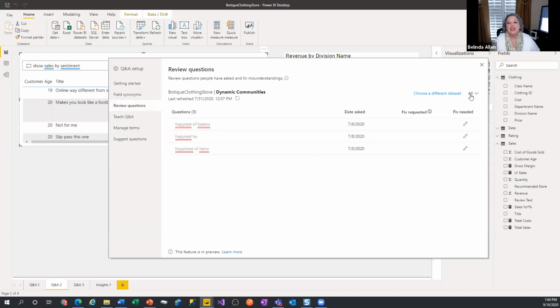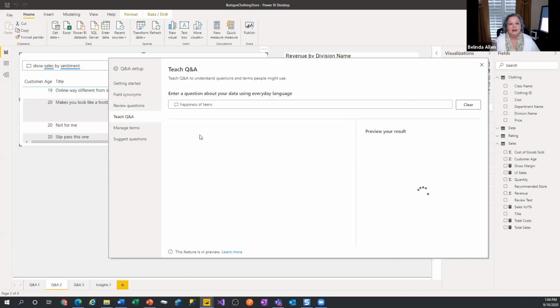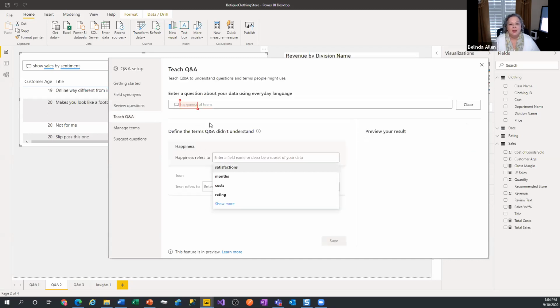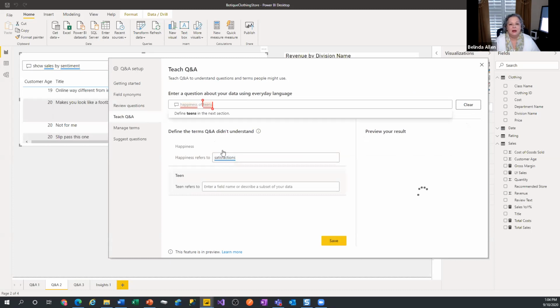And right now I'm looking at all data sets. You could choose a particular filter data set if you want to, but you can come in and define how you want them to go. So for example, if this one has a fix that's needed, if I come in and open this up, I could say, all right, the happiness is the satisfaction, and teams will refer to,